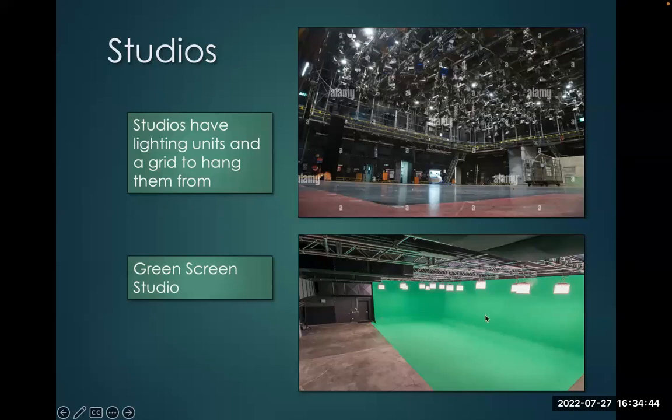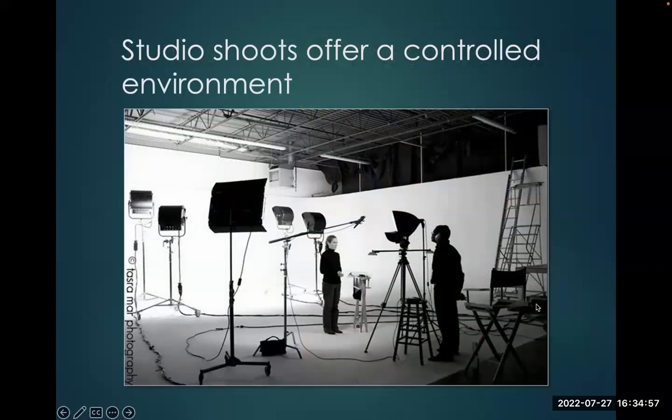Green screen studio here. This is where they shoot a lot of CGI shots. They shoot actors in front of the green screen. And then, of course, they swap out the green for the digitally created background or photograph background. So studio shoots offer a controlled environment where you have all the power, equipment, everything you need, and it's soundproof, and you don't have to worry about someone interrupting your shot or a plane going overhead. Okay. That's why